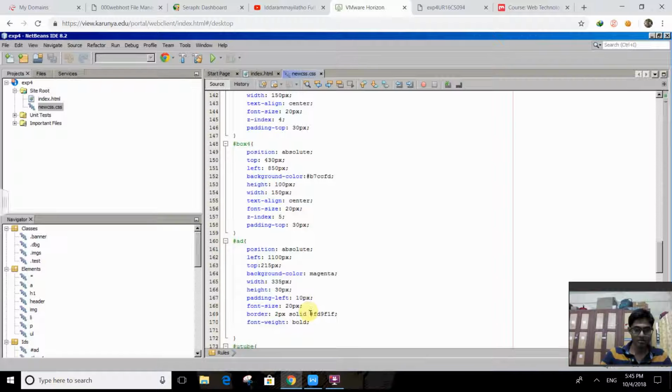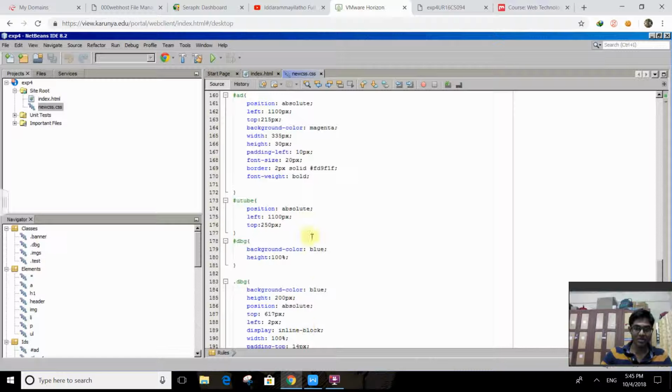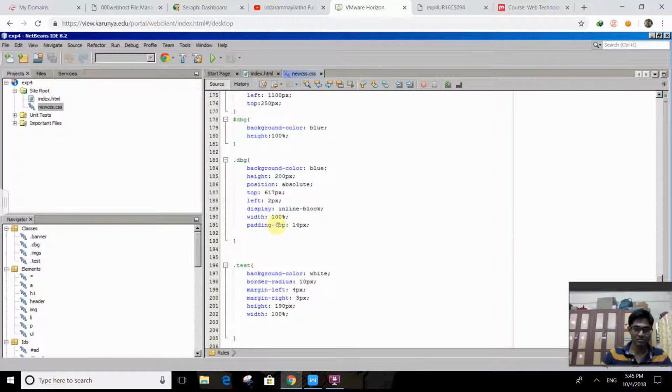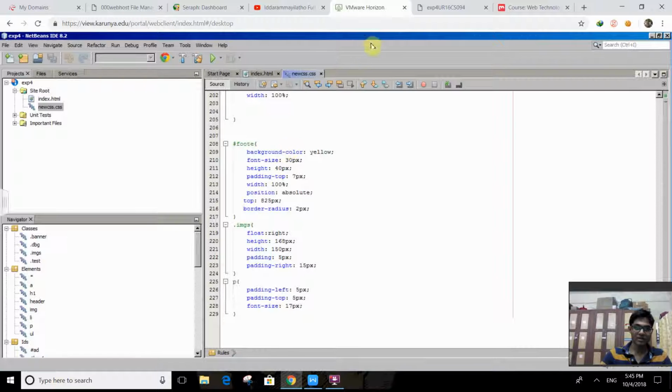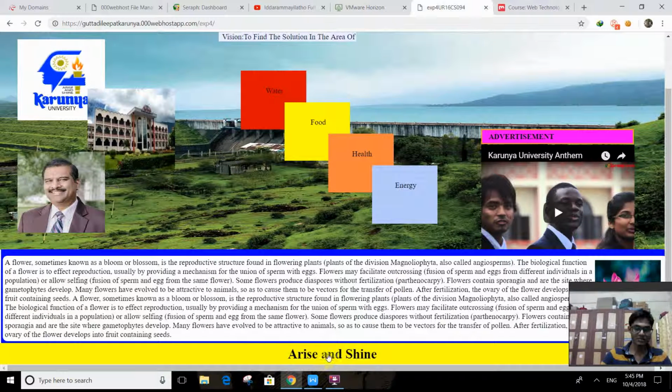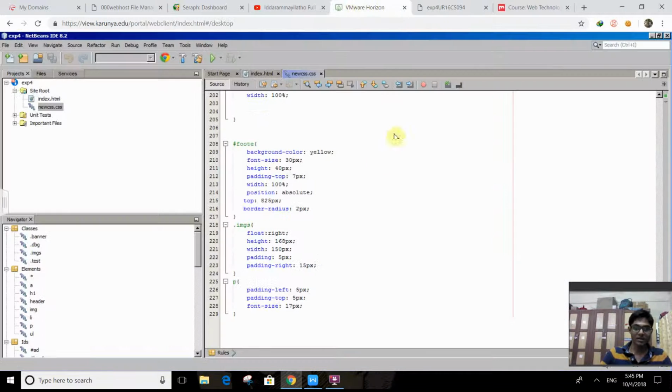Similarly, we have some border with px, meaning pixels, solid, and some color. This is the hexadecimal value of a color, which can be referred from W3Schools, and font weight as bold. Similarly, we have some other tags with left and top positions. And display is also inline-block for this DBG class. And for the footer at the bottom, we have given a color of yellow, with font size of 30 pixels and height and